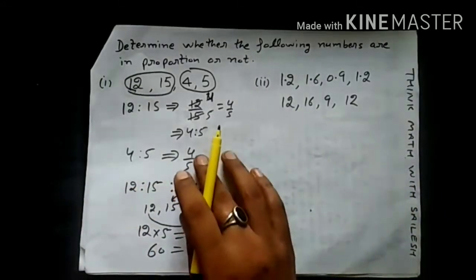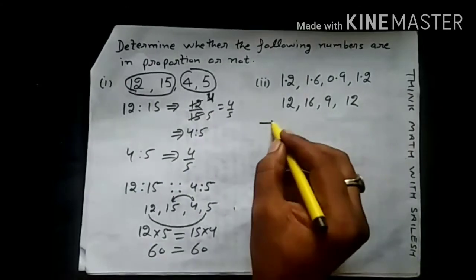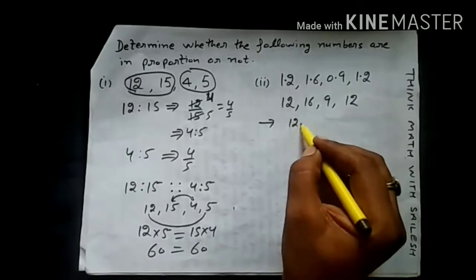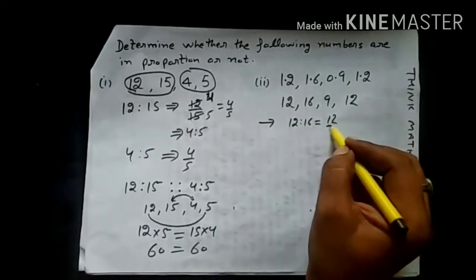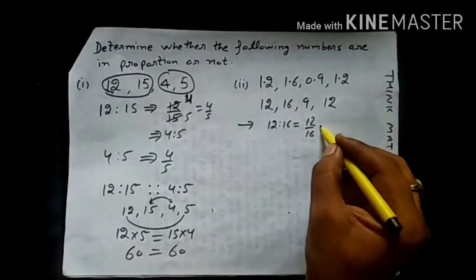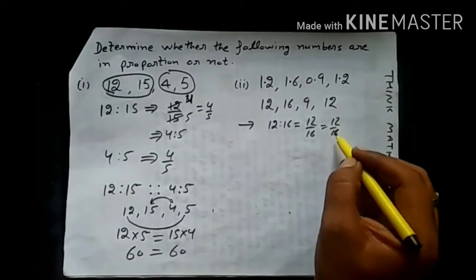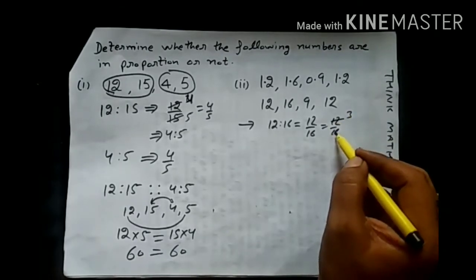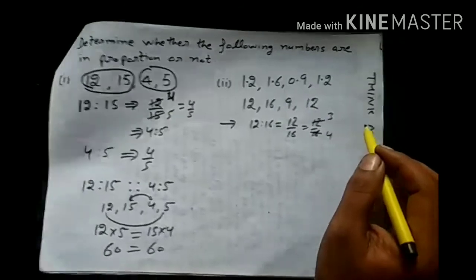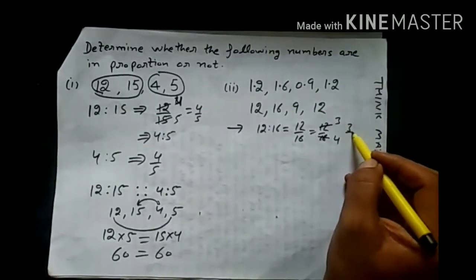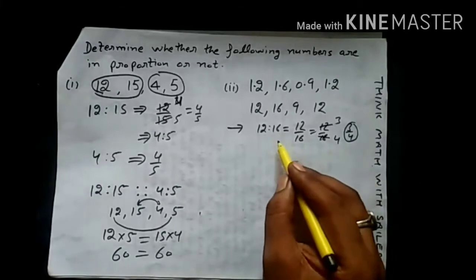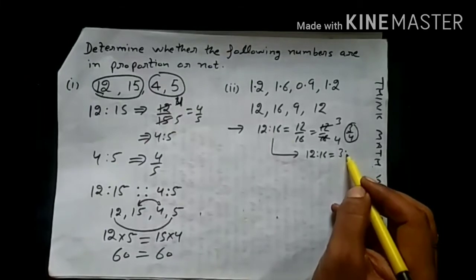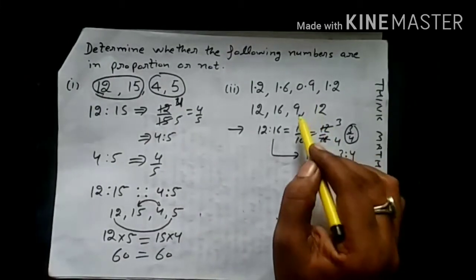Now this is a simple question like the earlier one. So 12, 16. I will find the ratio of 12 and 16. 12 ratio 16 can be converted to fractional form, 12 by 16. These are commonly divisible by the table of 4. 4 threes are 12 and 4 fours are 16. So the fraction is 3 by 4. So I can write 12:16 is equal to 3:4.